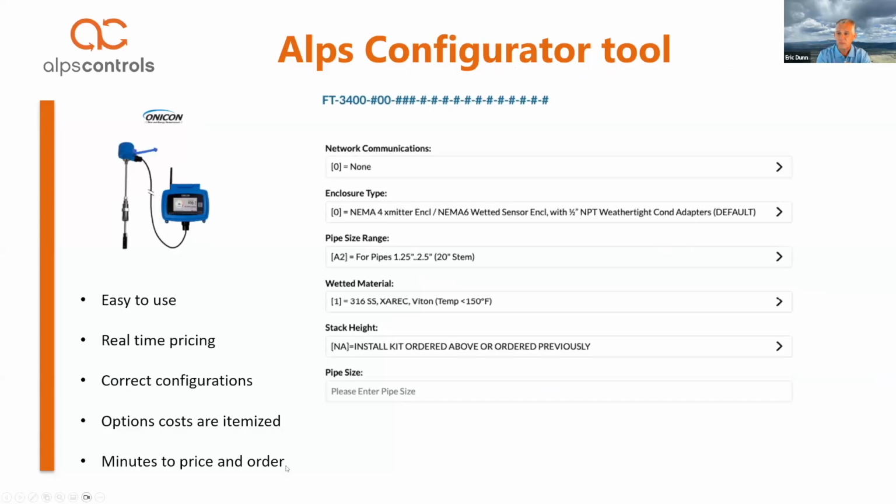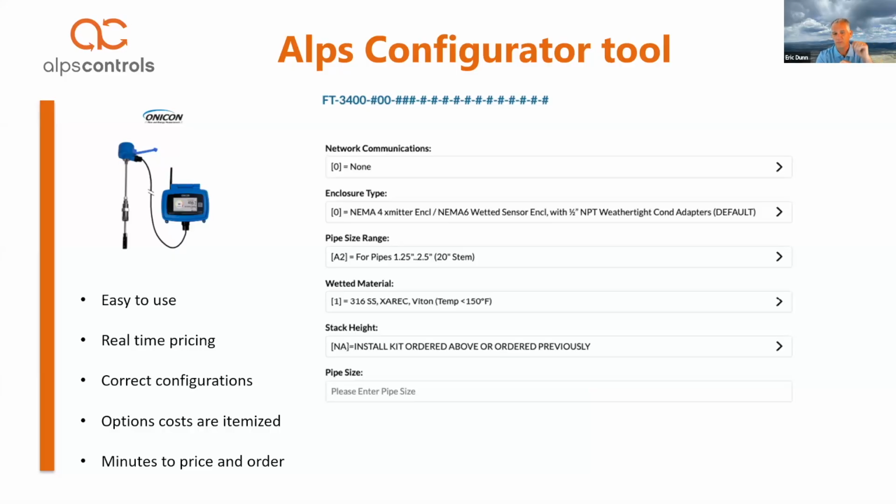So what we're looking at here is just a snapshot that Diana will work through in a minute. But when you see the pound signs in any part number on the Alps site, that means it's configurable. And what we're doing there, instead of listing every single iteration of a product on a website, I think we've all been to websites before where